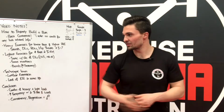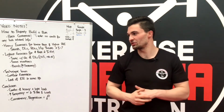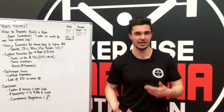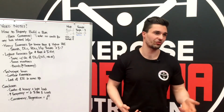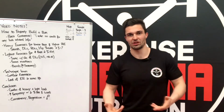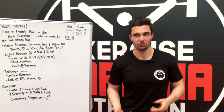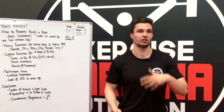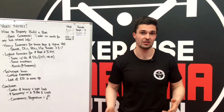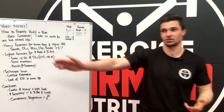With the lighter exercises, you could use the exact same exercises. I would just probably not use deadlifts for more reps, just because it's quite high in the nervous system, unless you're practicing technique. But if your goals are hypertrophy, you don't want to waste a lot of time practicing technique with exercises that you aren't very good at. You want to perform exercises that you're good at so you can load the desired muscles effectively and then go from there. If you spend too much time learning how to perform the exercise, especially a deadlift without much of an eccentric component, then